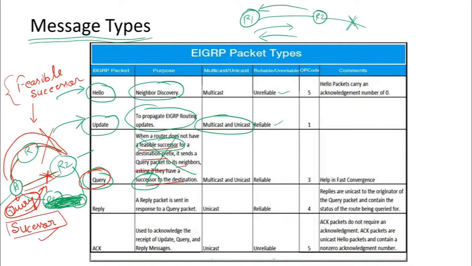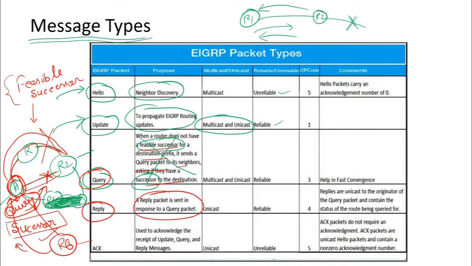Let's suppose our router 1 has generated that query message to some other router, which was connected, like R6. R6 will reply back, saying no, I don't have, or if it does have, it will say yes, I have. So the reply to that query message is the reply message. This reply packet is sent as the response to the query packet.